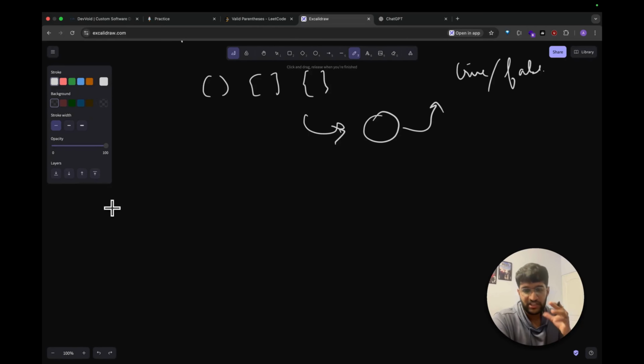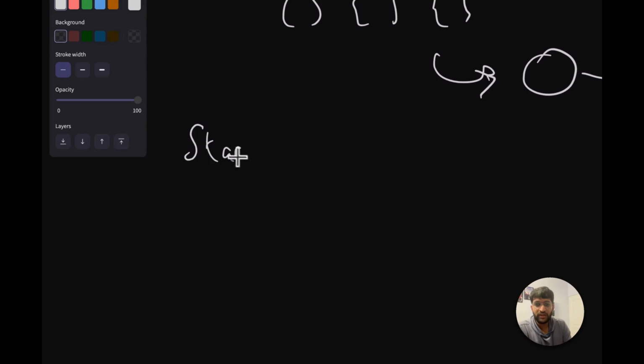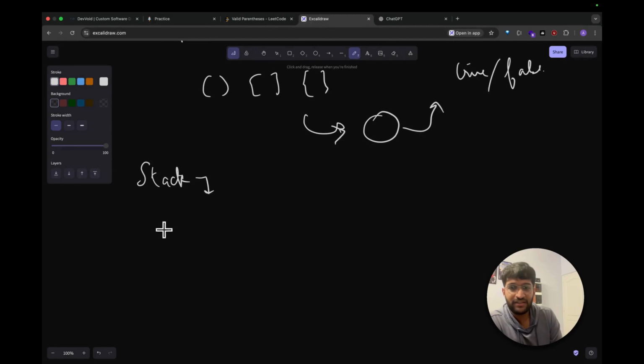Okay. First of all, to understand this problem, you need to understand stacks. That is not the scope of this course, but just to quickly summarize what's happening, I'll explain stack. Stack essentially is, you can think of it as a data type that does the following. It follows the principle of,